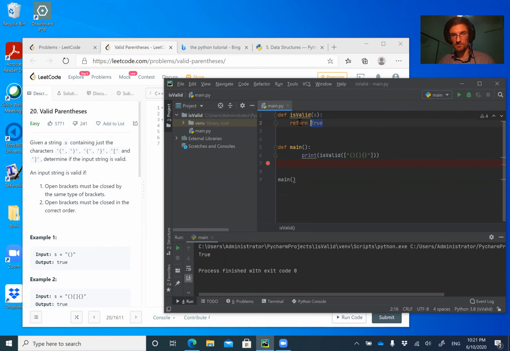The idea would be we do a for loop of characters in S. Okay, and then for each character, if the character is an open bracket,